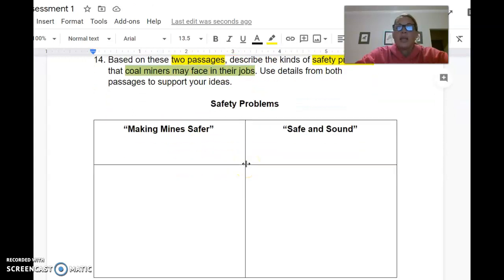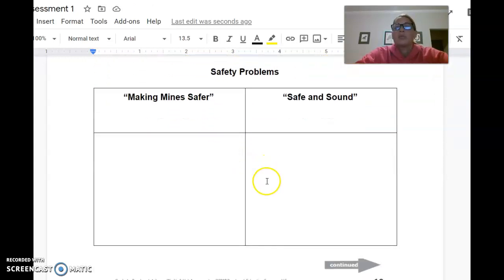I have used a version of the Foursquare, but you'll notice I made it more like a T-chart. I still have 1, 2, 3, 4 squares, but I made the top 2 squares more of my titles of what I'm looking for, because in this writing prompt, we're not writing a narrative. We're not being asked to focus on several different parts of the writing prompt.